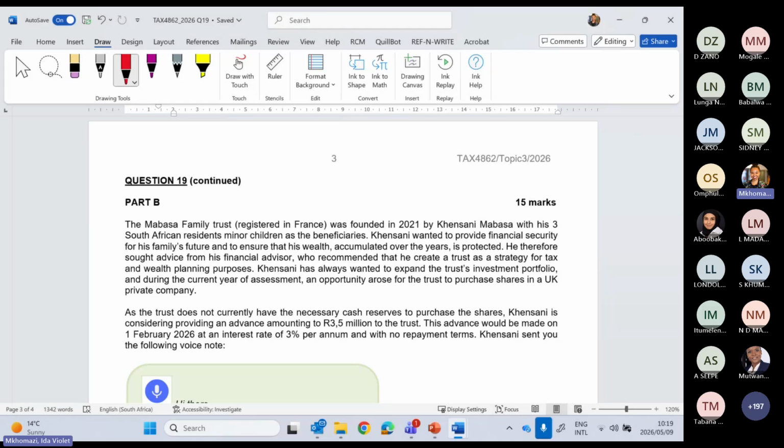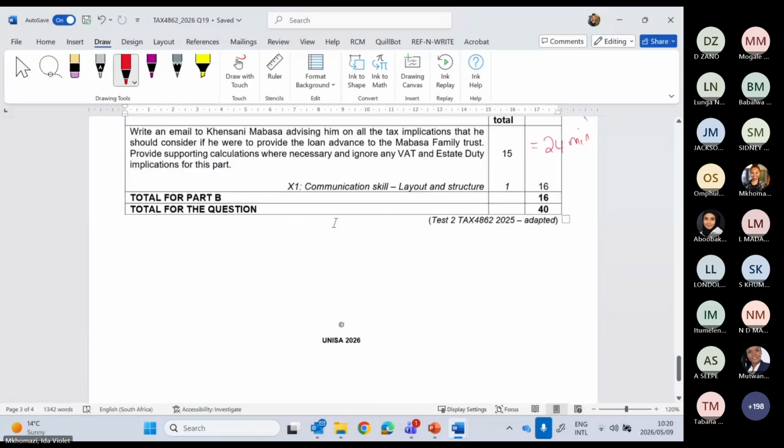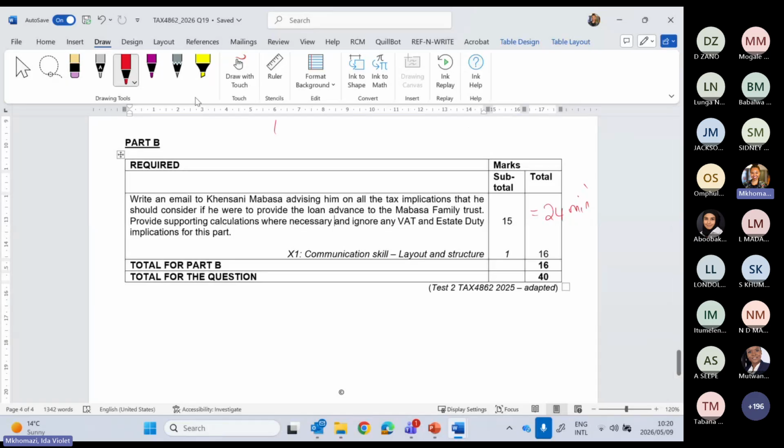All right, so I think I'll take 10 minutes or so just to quickly go through part B. As I said, it relates to transfer pricing, which is only for CTA2 students. So with part B, if we quickly look at the required, part B says that you need to write an email to Kensani Mabasa advising him of all the tax implications that he should consider if he were to provide the